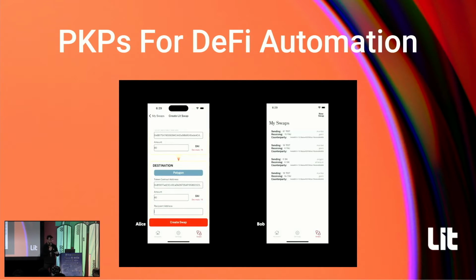And this kind of use case is really cool because it's a wallet as utility. The wallet doesn't represent a user in this case, but it is serving a function. You can think about it as like a serverless function that's immutable and can sign.